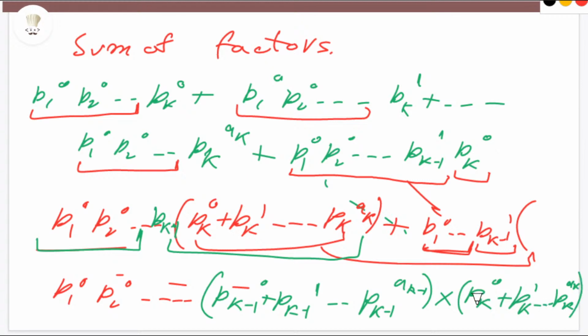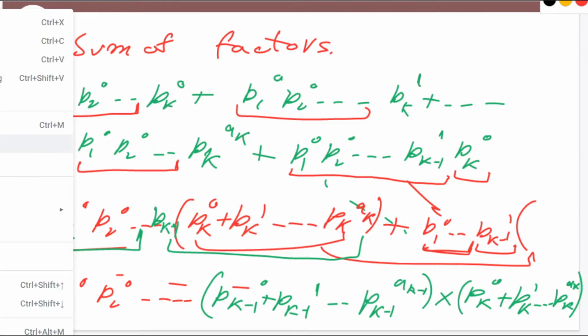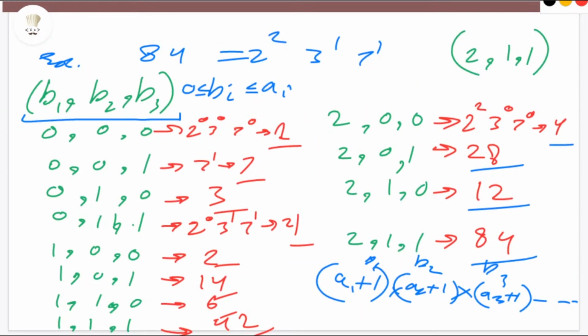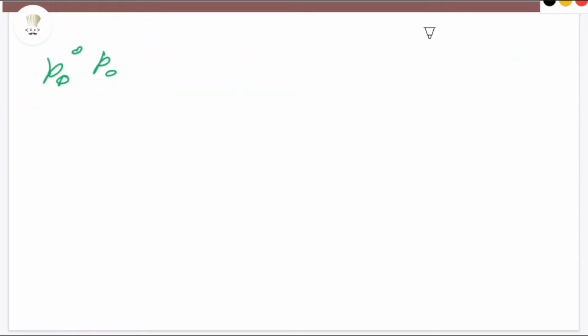If you are following what I'm saying here, you can clearly see that for every prime power term, we can replace it in the sum of factors form. We can replace it with a term like this, right? So we will start with P1 to the power 0, plus. Sorry about that. Let me erase this. Right. So the sum of factors